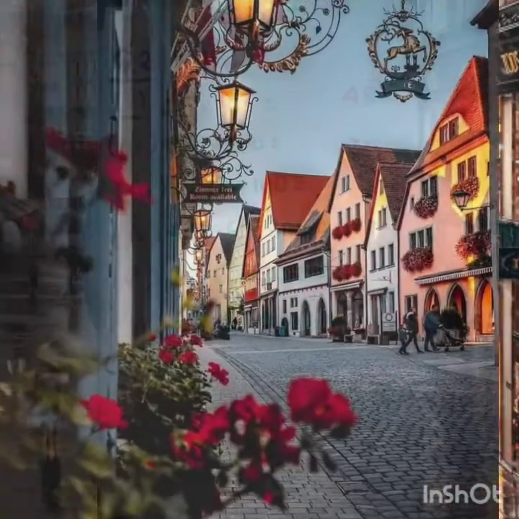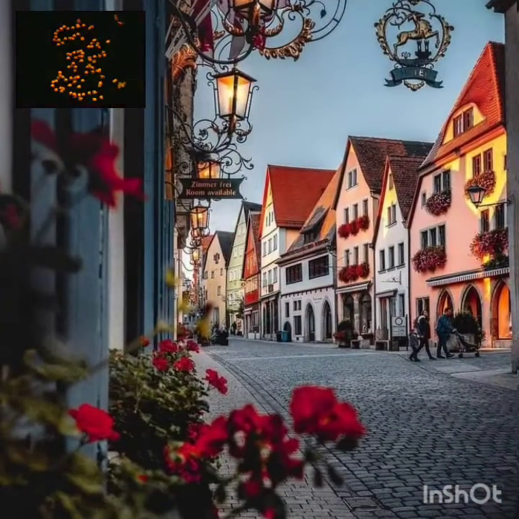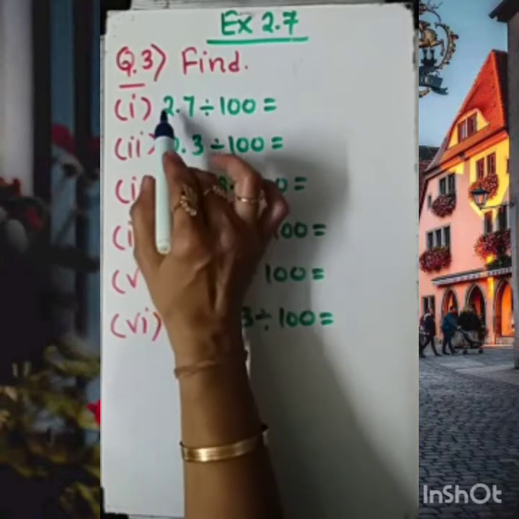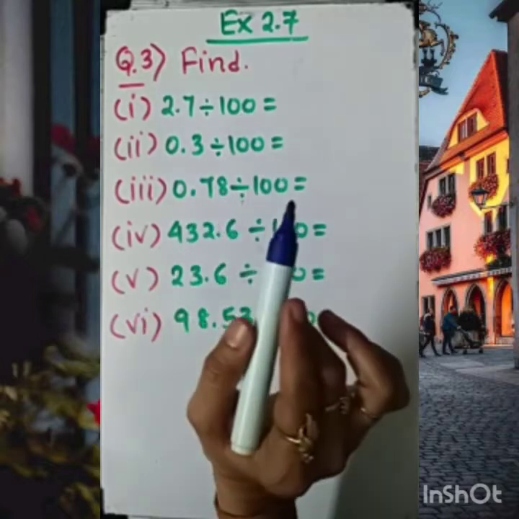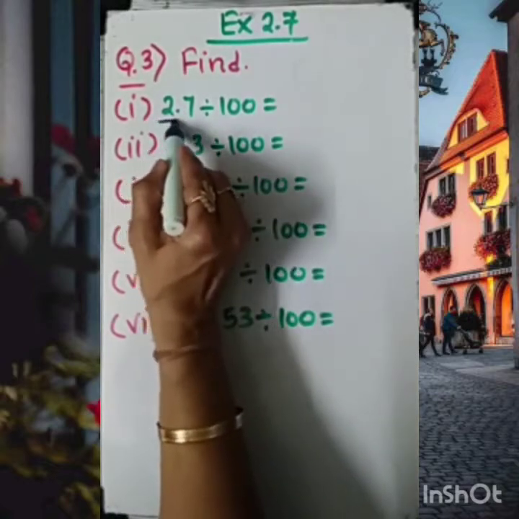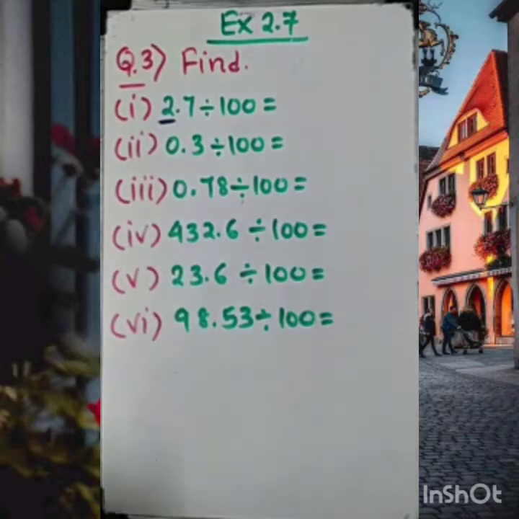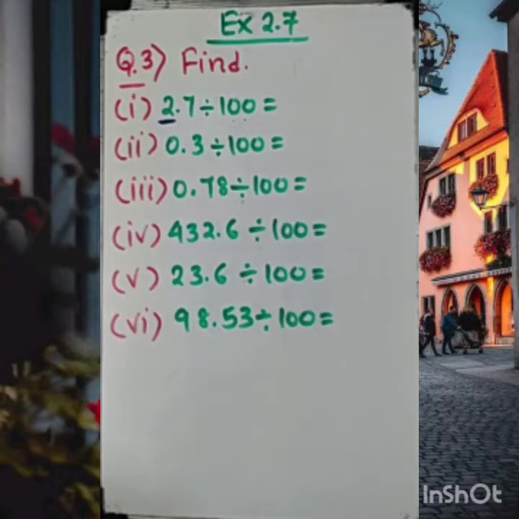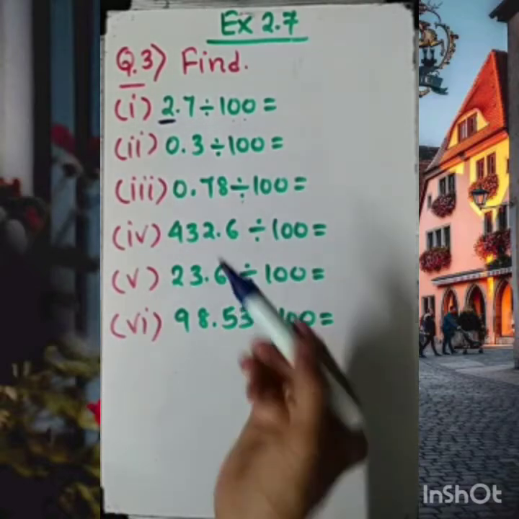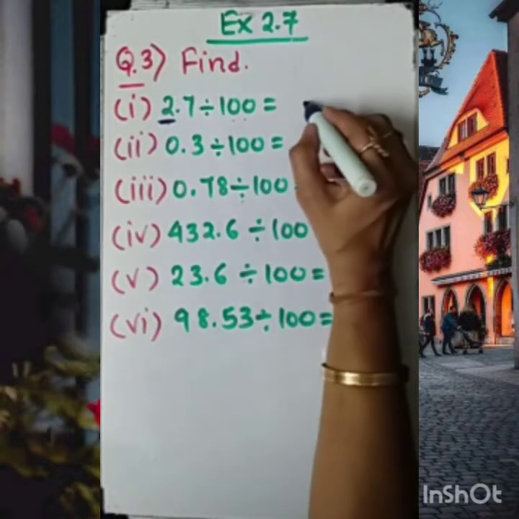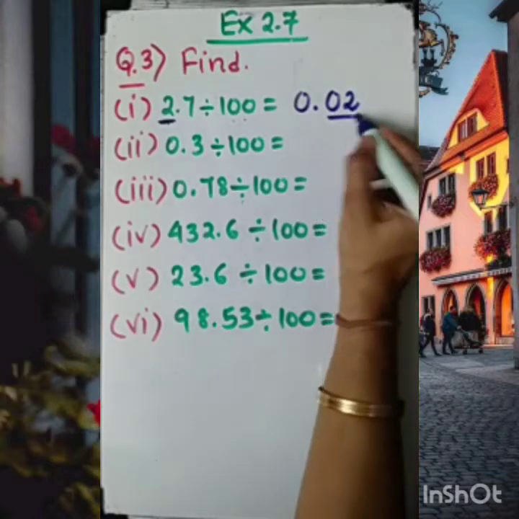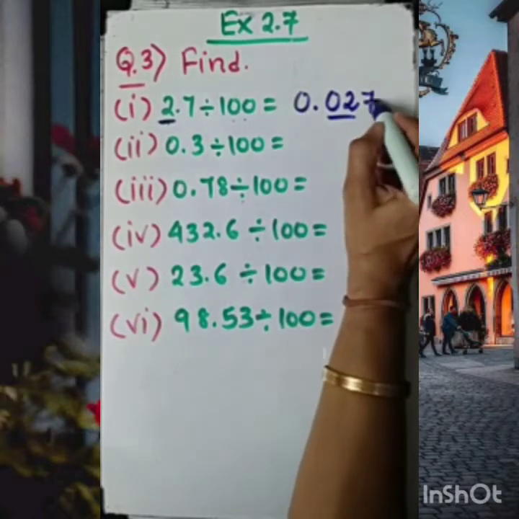Okay, let's try to understand through the next. Question number 3 of exercise 2.7 is on your screen. Here we are given 2.7 divided by 100. As I told you dear student, I need to focus on this before the decimal. I need to shift 2 digits, because 100 means 2 digits we need to shift every time in this case. So what to do? Here only one digit is given, so one additional digit means we need to write 0 extra. Then this 2, 0 and 2, these 2 digits we are shifting, and this 7 is already on that side.